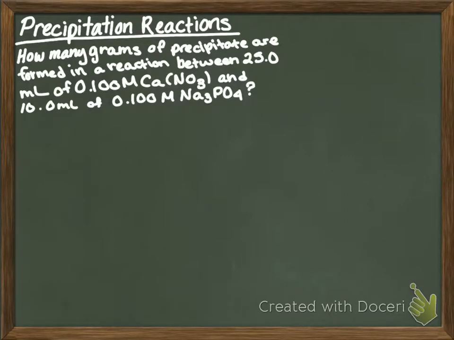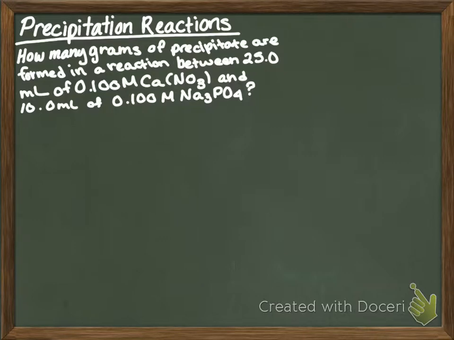In this video, we'll be looking at precipitation, acid-base, and redox reactions. Precipitation reactions occur whenever you have mostly a double replacement reaction that's going to form a solid as one of its products. In this case, if we look at the reaction, it says how many grams of precipitate are formed